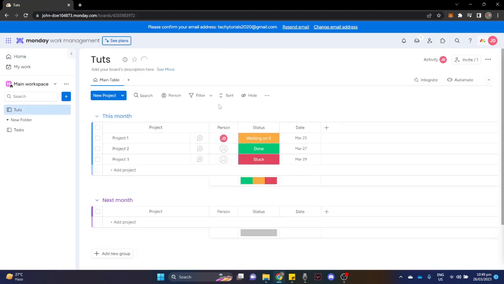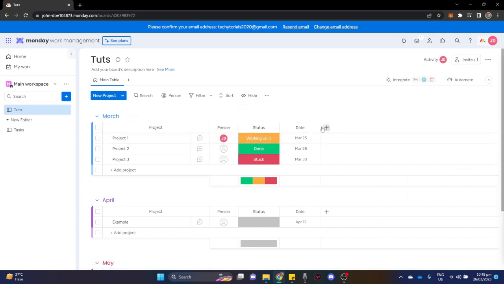For example, I'll choose this one. So now you have these rows and columns. So we will just focus on the columns first. For example, I want to mirror or duplicate this column or the date column, then I'll just simply click on